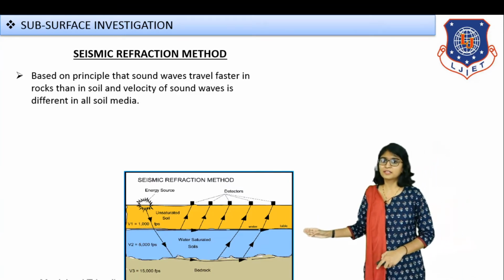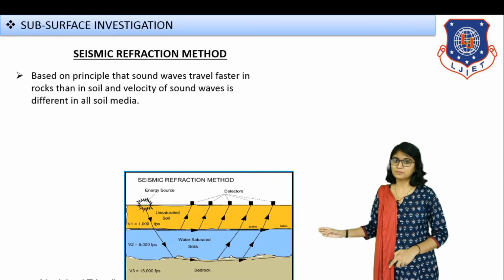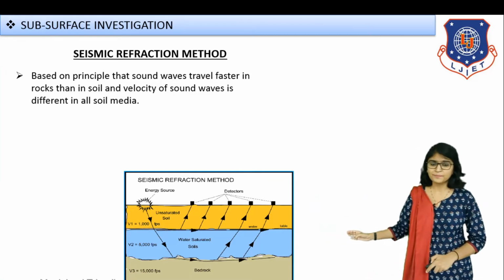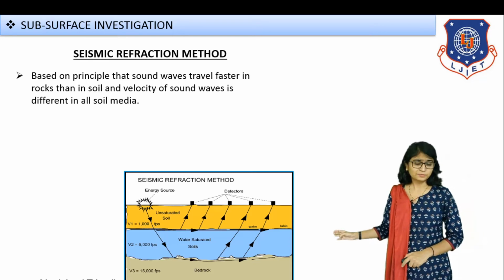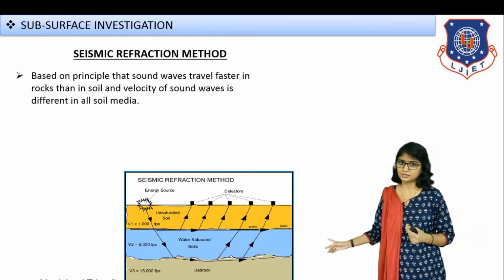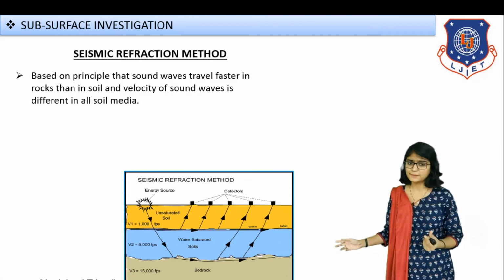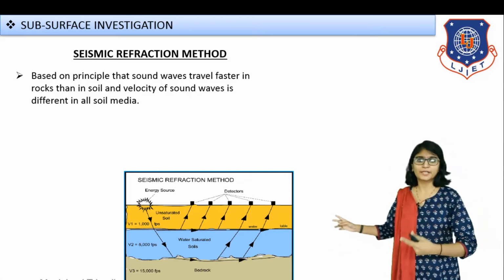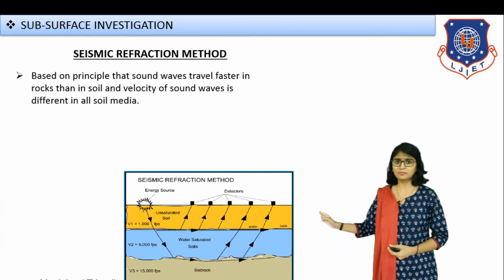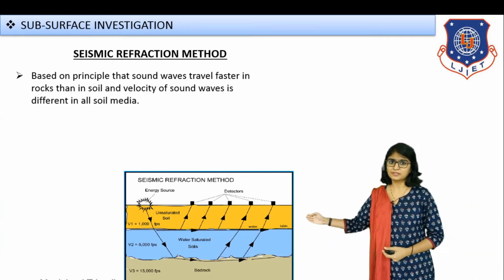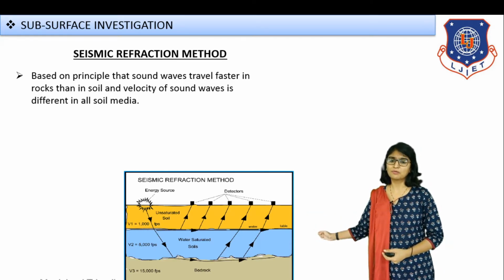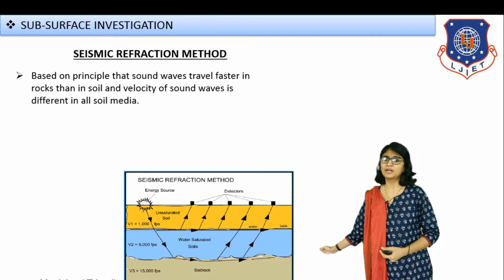Have a look at this another picture, seismic refraction method. This is going to make you very much clear about the method. Now there is a trick. If you understand all of these sketches, all of these images, you shall be directly able to explain from the images as well. So in this seismic refraction method, you have the first soil layer, soil media, then you can see there is subsoil water present, and there comes your hard strata.